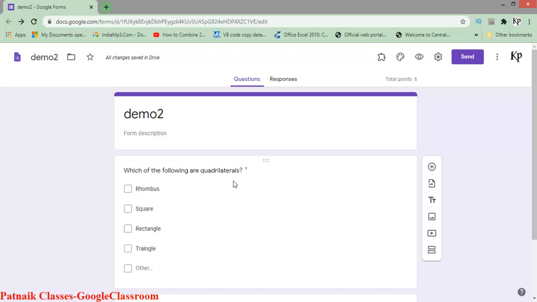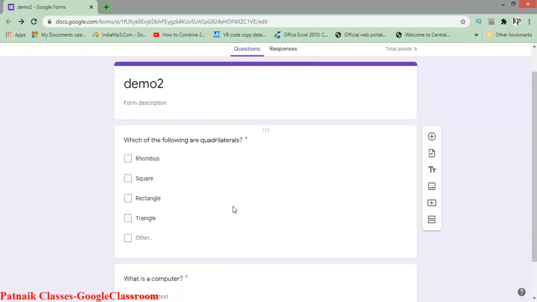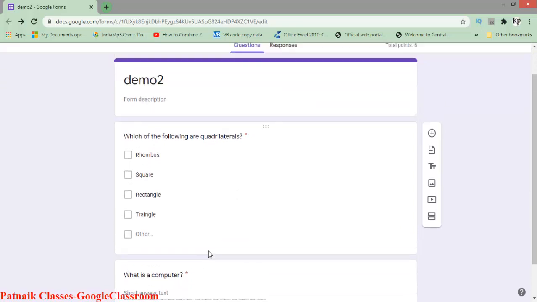To do that, as we know, our assignments are stored in Google Drive, in the respective folders. So it is not necessary that you open your class and then go to Google Drive. You can go to your Google Drive, open the folder, and then open the assignment where you want to do the mix-ups. This is a previously made assignment, and I want to add some questions from different other assignments.